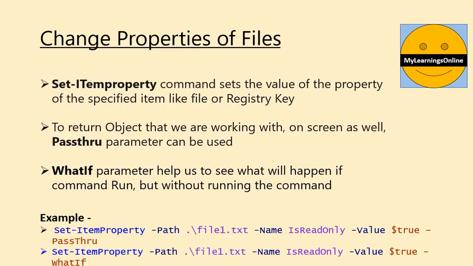To return the object that we are working with on screen as well, the PassThru parameter can be used. By default, there is no output of this command. The WhatIf parameter helps us to see what will happen if the command runs, but without actually running the command. In this example, in the first command, we are using the PassThru parameter, and in the second command, we are using the WhatIf